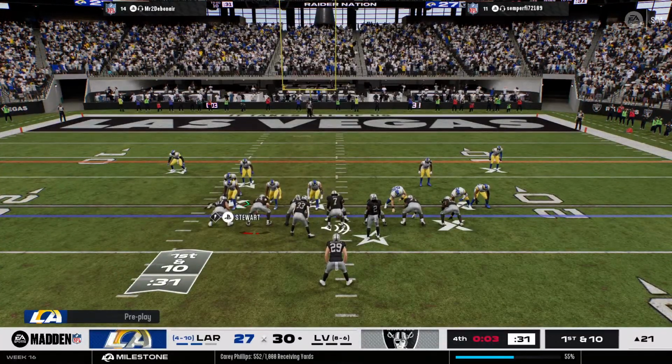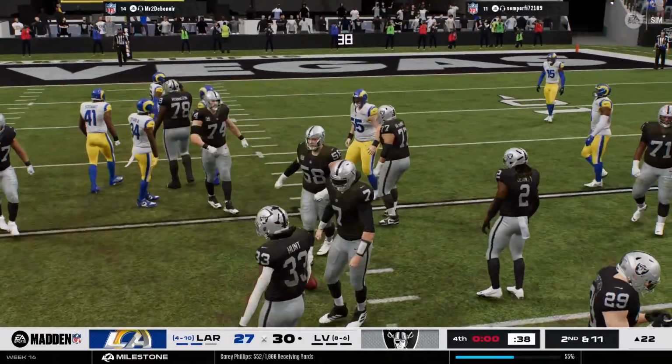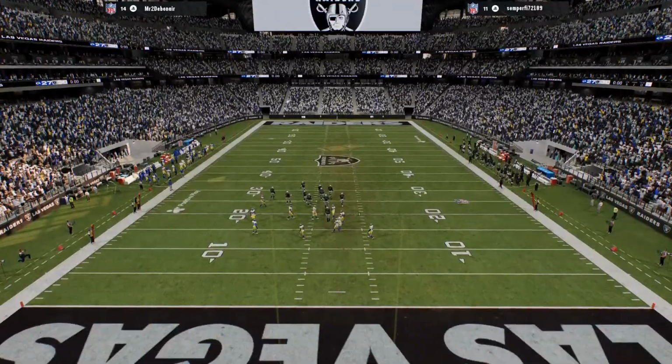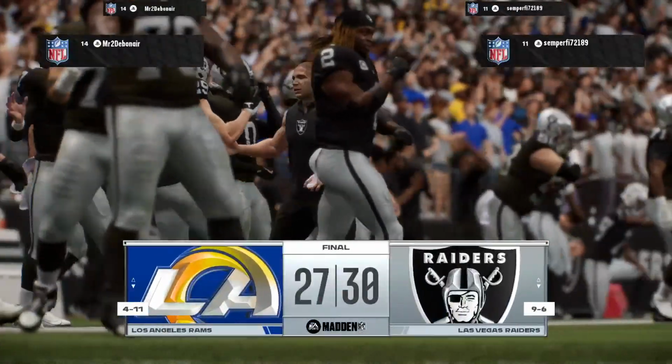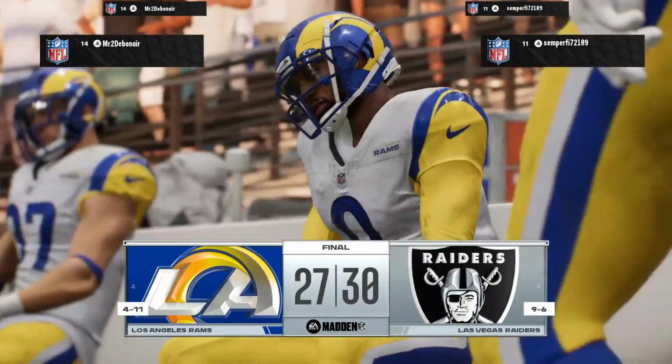The Raiders take over 1st and 10. Down to a knee here. The defense still with a couple of timeouts. We'll see if they want to use them. That was an excellent come-from-behind victory, Charles, especially there in the 4th quarter, both off